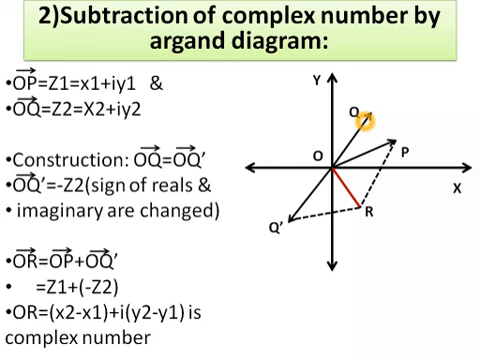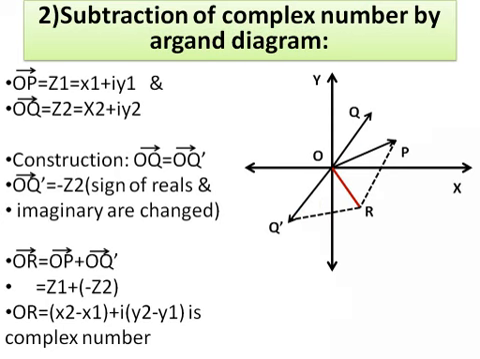For the performance of the subtraction, since our area of interest is to perform Z1 minus Z2, or OP minus OQ in this particular diagram, the OQ has to be subtracted from OP, and there is a negative sign before the OQ. So we have made some construction over here: we have drawn the distance OQ dash in such a way that distance OQ will be the same as distance OQ dash,